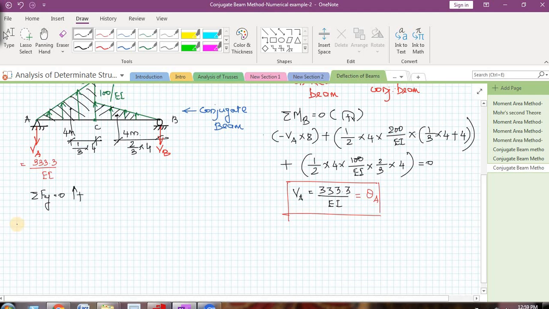Once I do that, VA is downwards, so I should write it as minus 333.3, which you know already, divided by EI, plus, sorry, that will also be minus